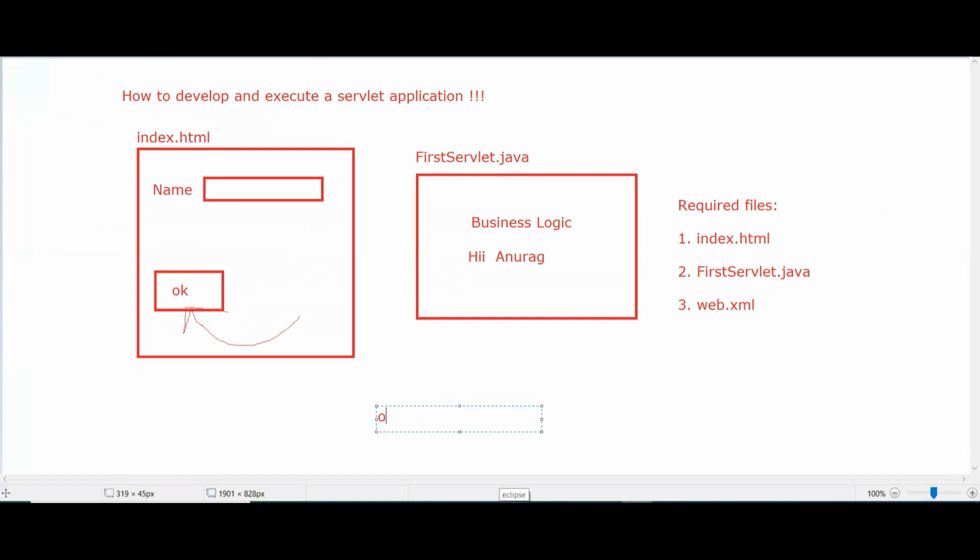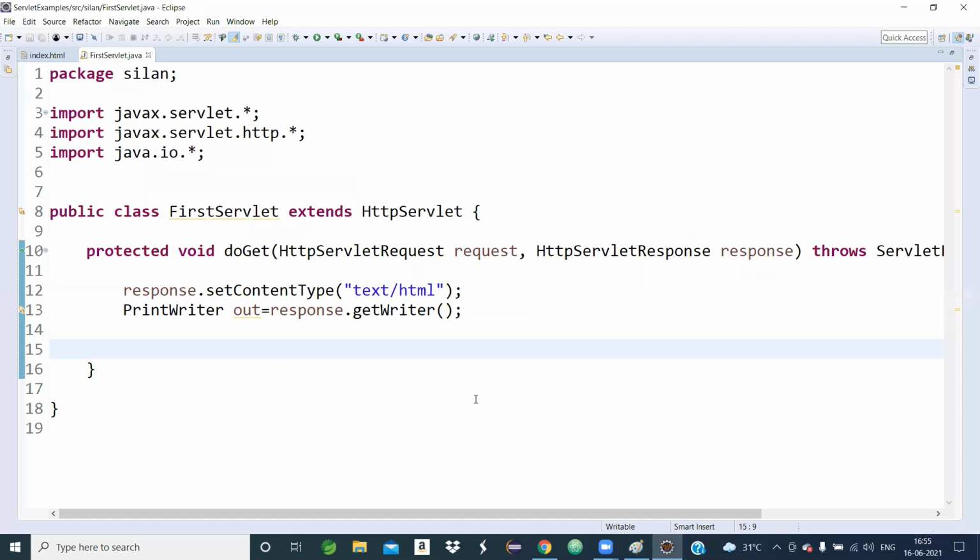So how will I get out? Out is the PrintWriter object. PrintWriter comes from the java.io package, the input output related package. When the getWriter method is invoked by the response object, it returns the PrintWriter object out.